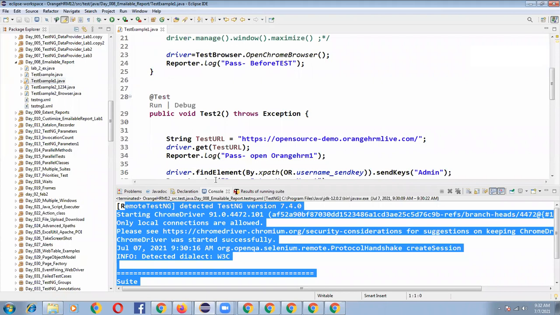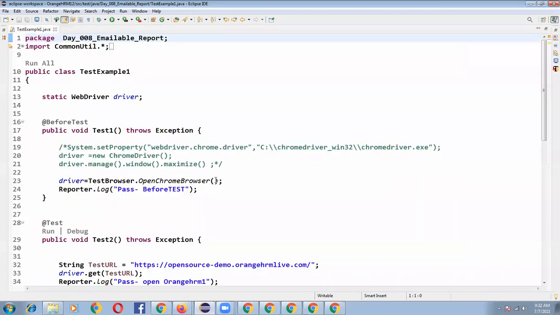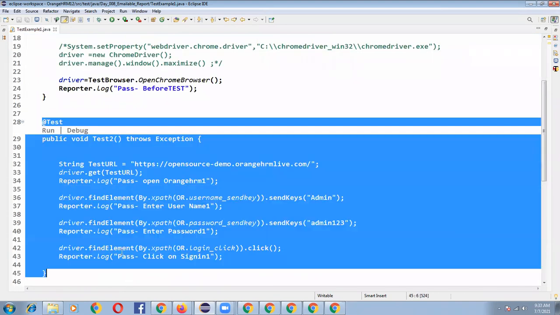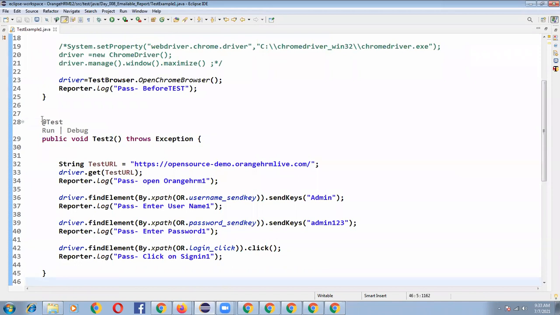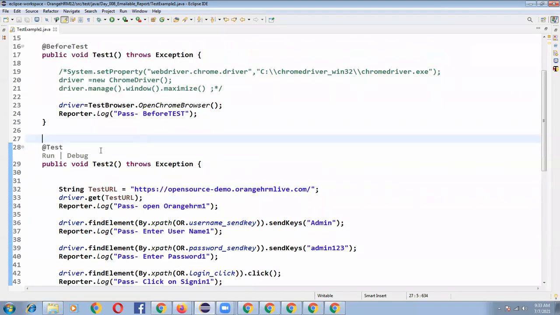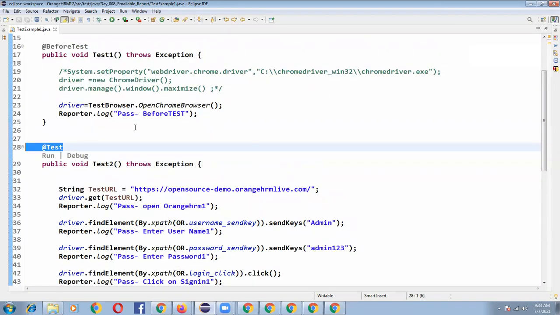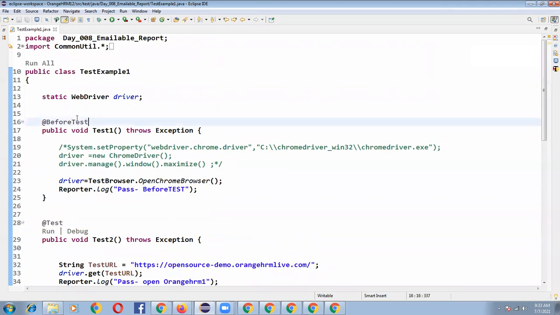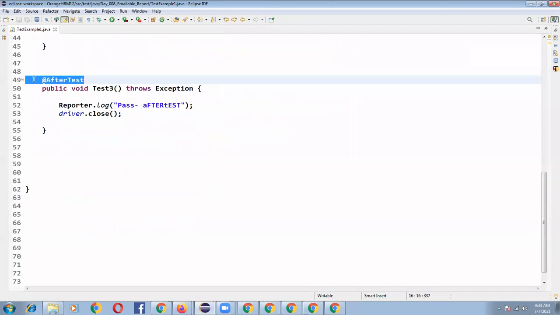So far we understood @Test only, which is your main test. In TestNG, what annotation tags do you know? That is a question people ask in interviews. As of now, we understood @Test. There are other annotation tags, @BeforeTest and @AfterTest.